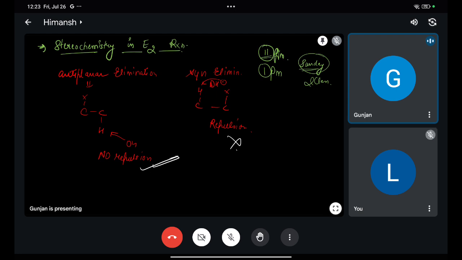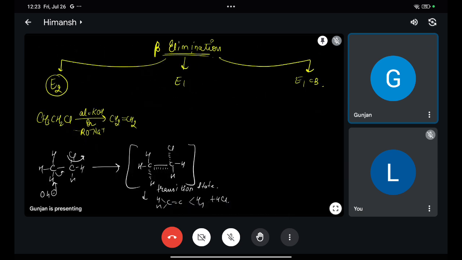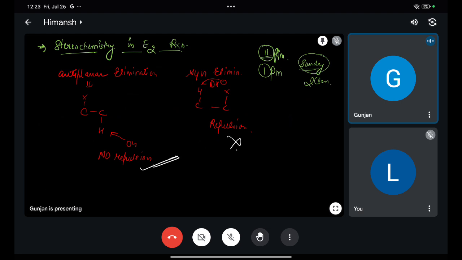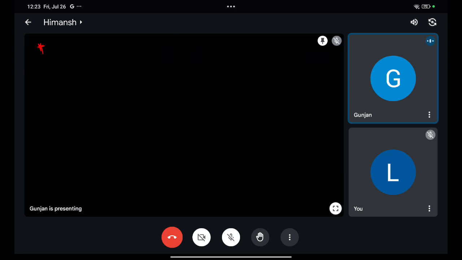So after that, the mechanism also discussed E2 reaction. E2 reaction mechanism, rate, reactivity, regioselectivity. Regioselectivity means major or minor. Stereochemistry is anti-elimination happens. And if we take an example of anti-elimination, so